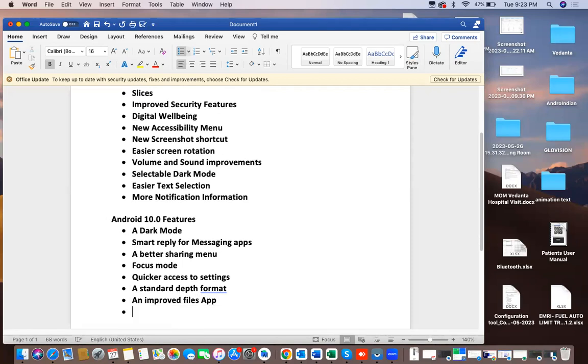So the files app has improved. Previously this was also there from Android 6.0 onwards. Now this files app has improved very much, based on the file type and based on the content. It can be updated with a universal bar tab, and this is introduced in this version. It is the advanced version. Next is the